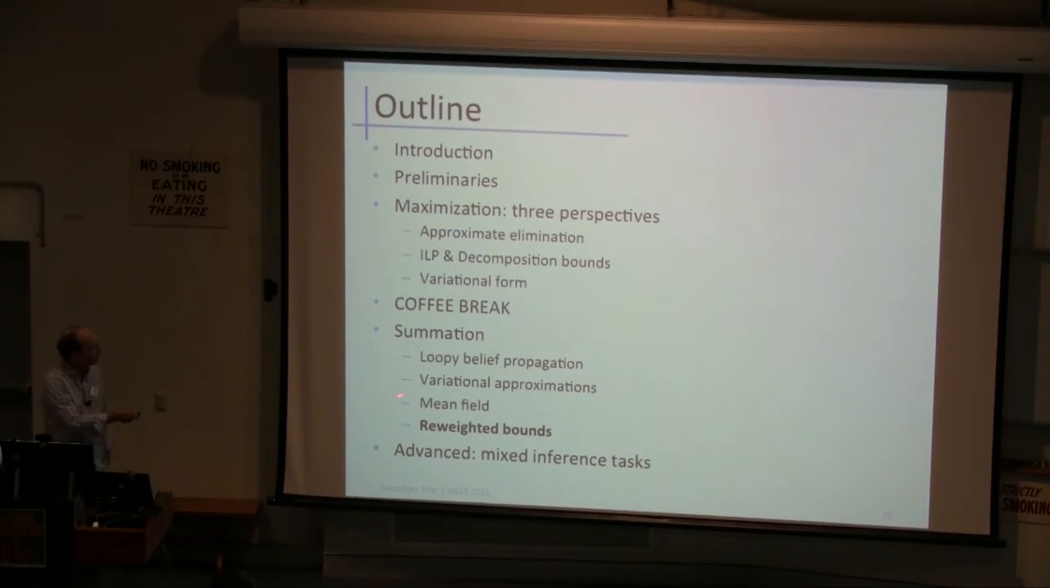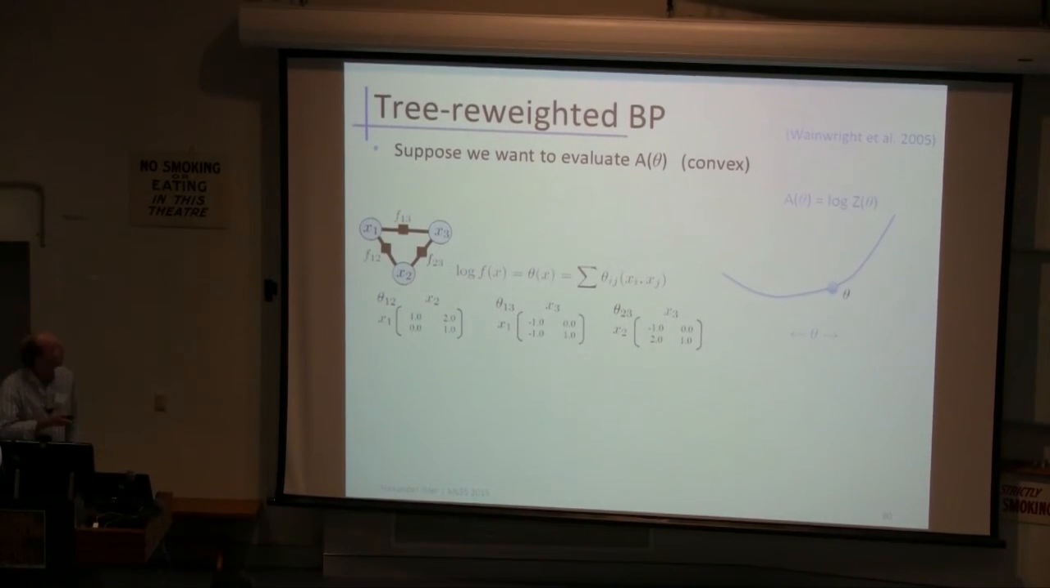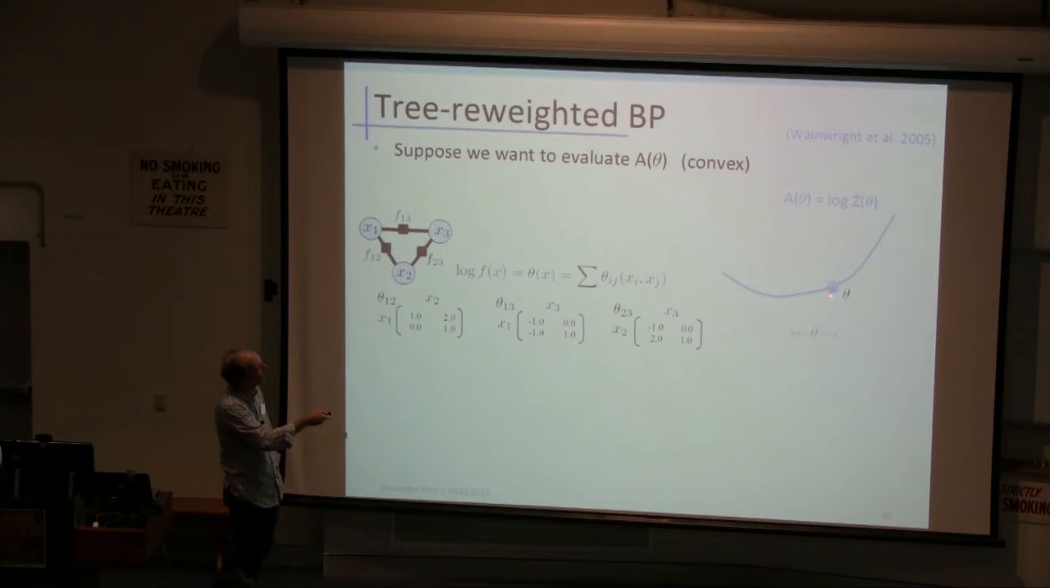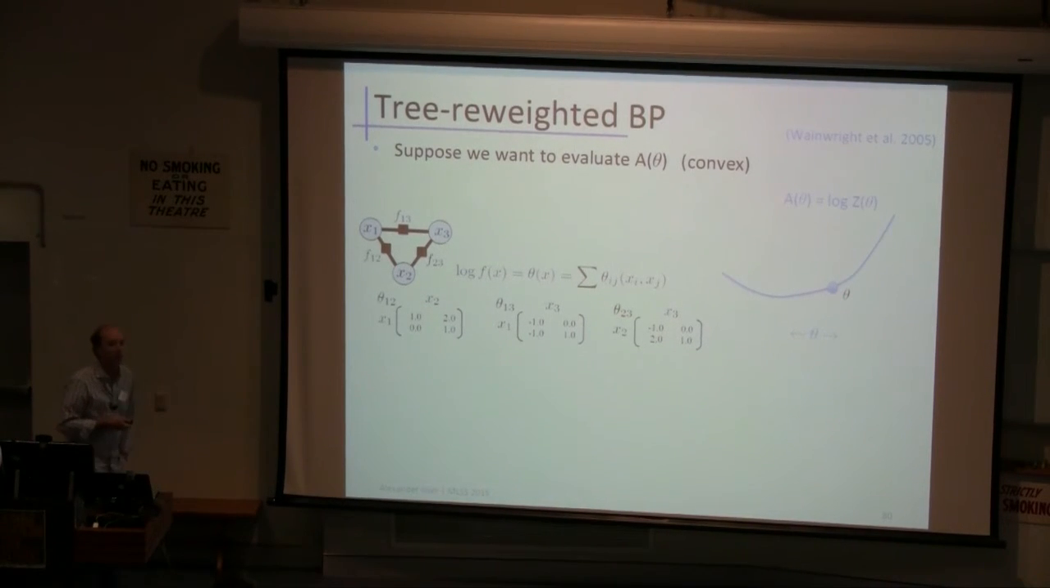Okay, so mean field gives us a lower bound. There's another technique that gives us upper or lower bounds called reweighted methods. The most common, the standard one of this, is called tree-reweighted belief propagation. So again, let's take this view where the log partition function is a convex function of our model theta. We'd like to evaluate this log partition function at theta, but that's difficult. So instead, we're going to approximate it